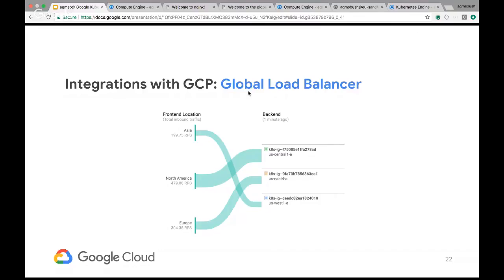And so, I do want to wrap up with a couple last pieces of integrations with GCP. This is my favorite one, and it's relatively new. There's a tutorial for it on the doc side if you want to dive into it, I think they call it multi-cluster ingress, but it basically allows you to integrate multiple Kubernetes engines as a backend for our global HTTPS layer 7 load balancer.